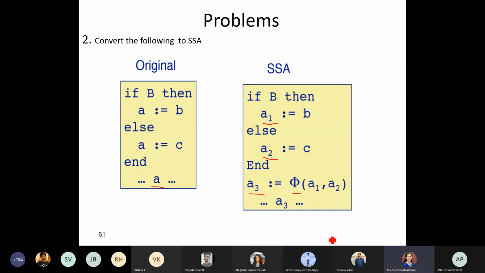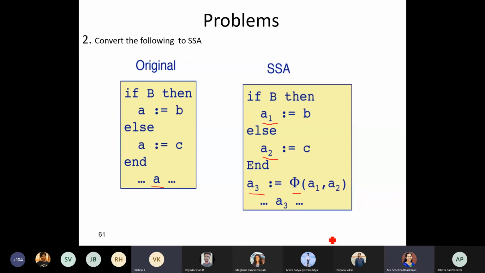Suppose this if statement is within the loop, just imagine. Ma'am, even then only one A1 will come out of the if else condition. After executing the full if else, I'll get only one A1 at the end. So I'll get only one out of that if else, no, ma'am. I'm not going to get two things.